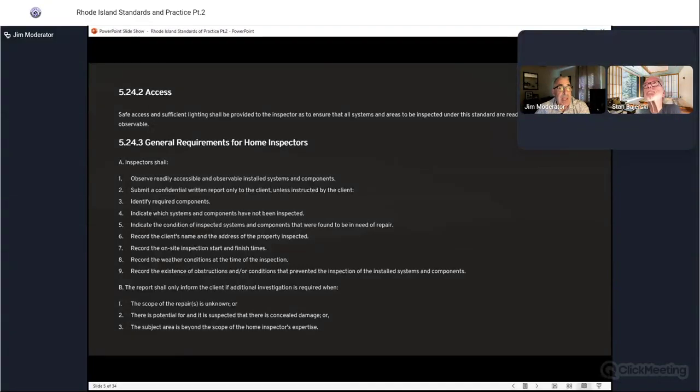Access. Safe access and sufficient lighting shall be provided to the inspector as to ensure that all systems and areas to be inspected under this standard are readily accessible and observable. General requirements for a home inspector. Inspector shall observe readily accessible and observable installed systems and components, submit a confidential written report only to the client